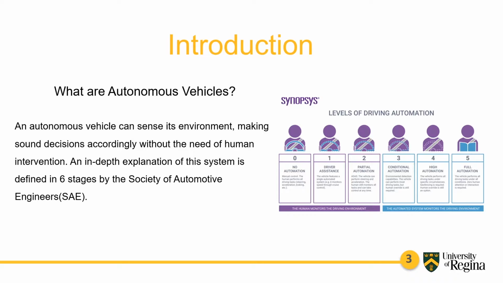Stage 3. Automobile companies like Tesla are developing cars that work on this stage. The car can detect the environment and can drive itself for most part. The driver can still override and take control at any moment. Stage 4. Vehicles in this stage perform all tasks without human need in a limited geofenced area. Google Waymo is one such example of this stage. Stage 5. This is it. This is the peak of automation, with the vehicle able to perform every task. There are no limitations and no need for the driver to take control of the car at any given time.